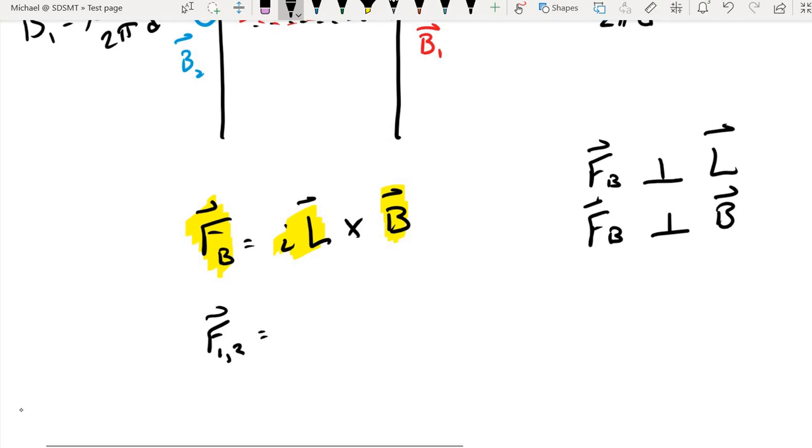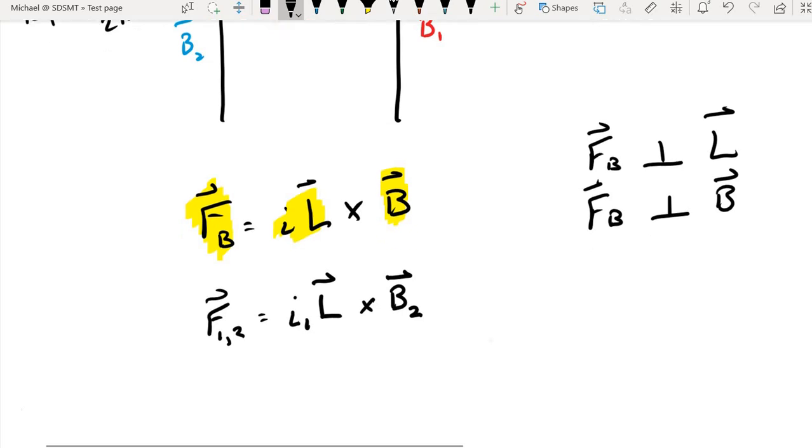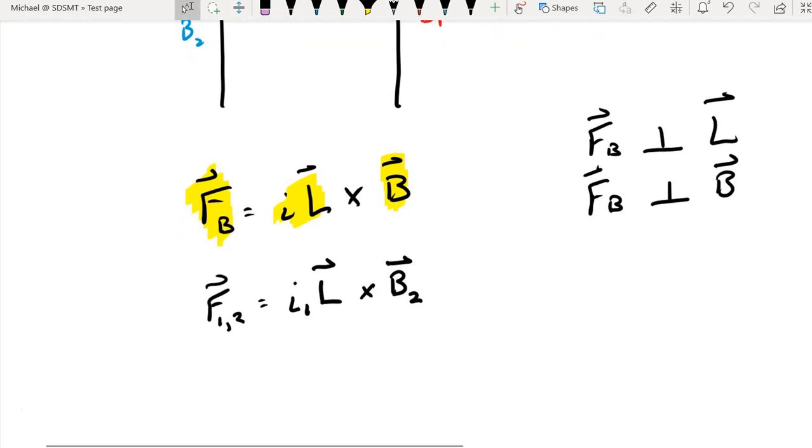So wire 1 has current 1 passing through a length of L, and it is under the influence of the field that is being generated by wire 2. So now another way of using our right hand rule,